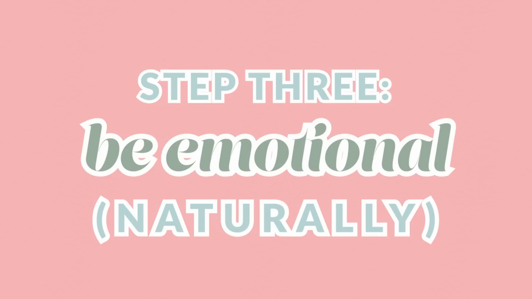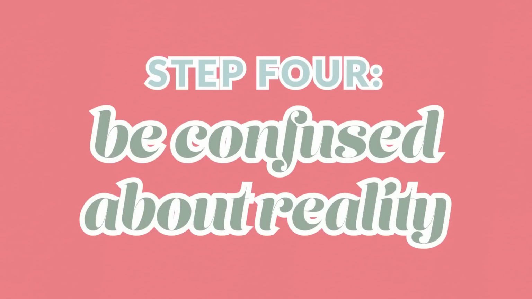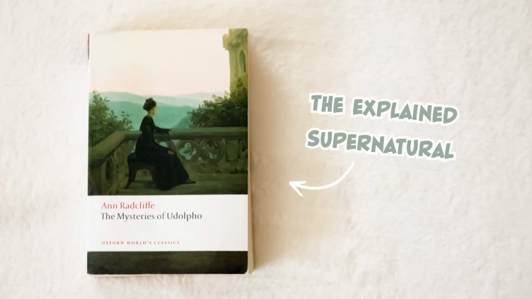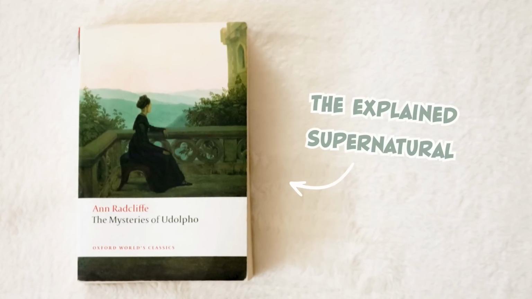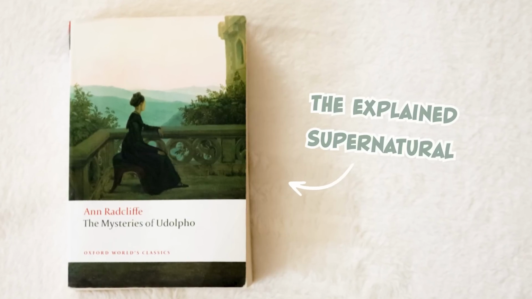So on this point of being the ideal Gothic heroine, Fanny really check marks it off. Marianne doesn't check mark it off because even though she works on it, you're not supposed to work on it. It's supposed to come effortlessly and natural. So our last essential ingredient in the ideal Gothic heroine equation is to live in a world of imagination and mystery where reality is kind of questionable, honestly. So something really interesting about the mysteries of Udolpho is that it specializes in the explained supernatural, and that is where something looks supernatural. But lo and behold, there's a logical explanation behind it.